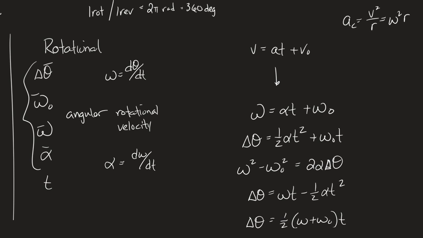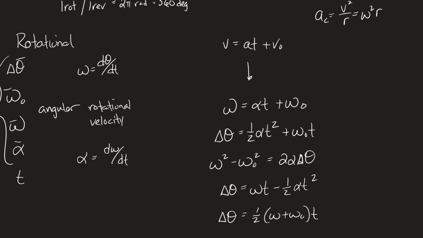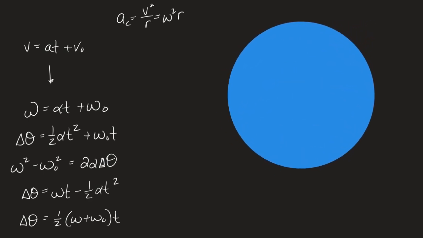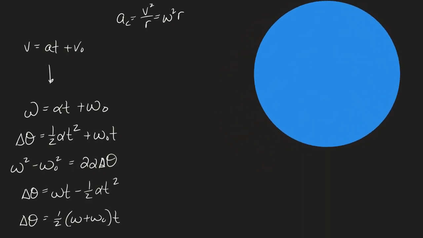Right? Things that spin could have objects on them that have to stay attached, so they have to have a certain centripetal acceleration. That's going to come up. But also, things that spin can have a linear component to motion too. So if you'll think back to first semester, if you're on a merry-go-round